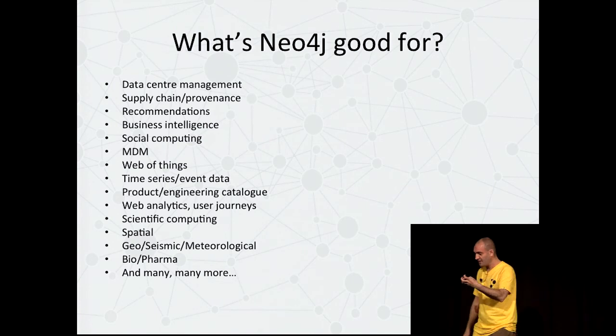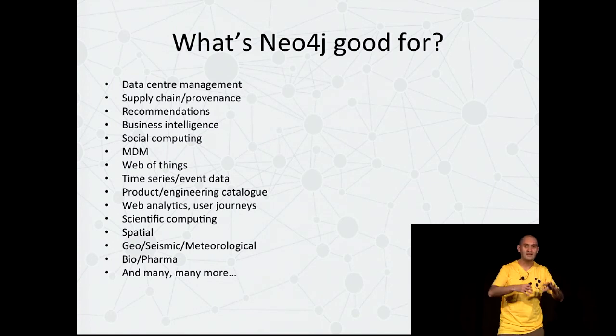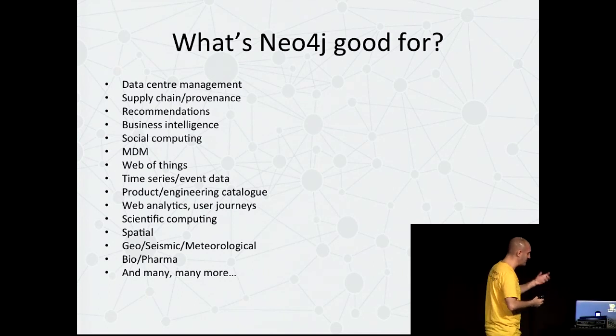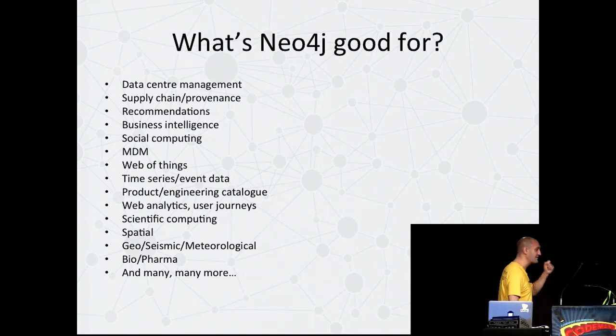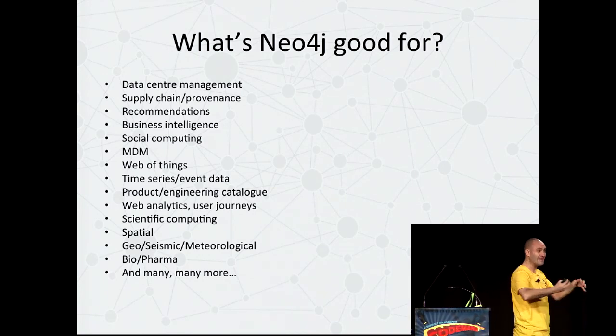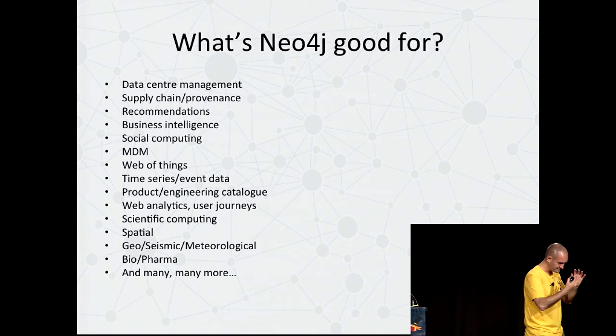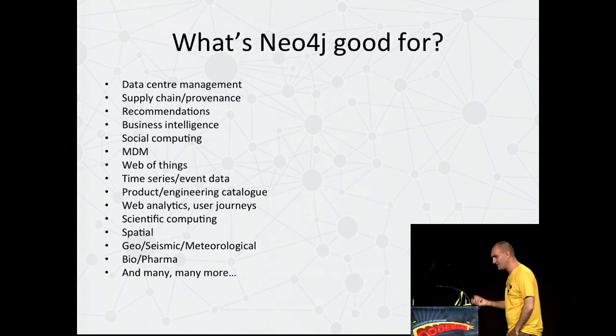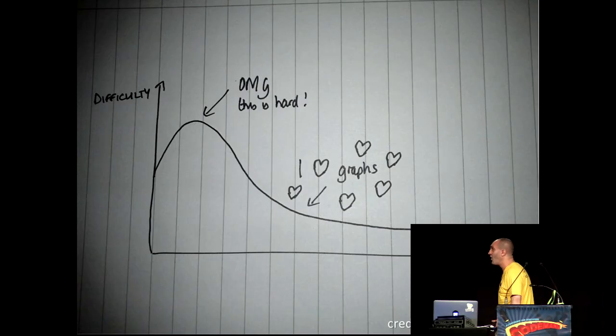But Neo4j isn't just good for social workloads. I think graphs are a very, very broadly useful use case. Neo4j, I'm confident now, is a very general purpose database, and I'm convinced that graphs are the best data structure that I know of for doing interesting, useful analytic stuff. And so each day we find more and more people doing more different, useful, innovative things with Neo4j. But of course there is a cost.